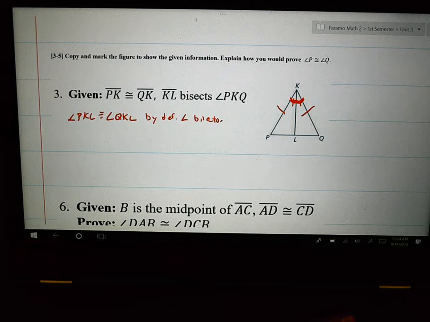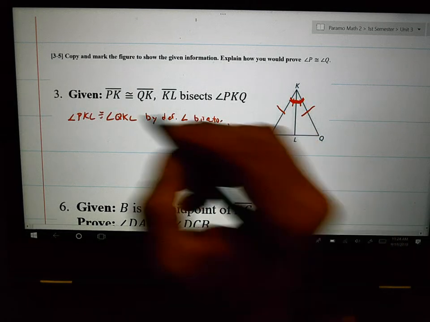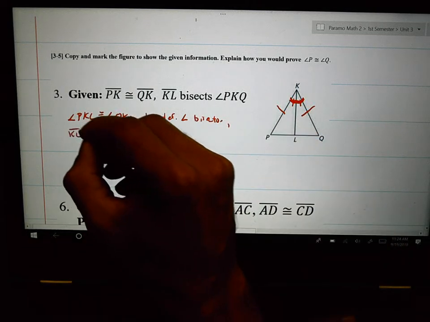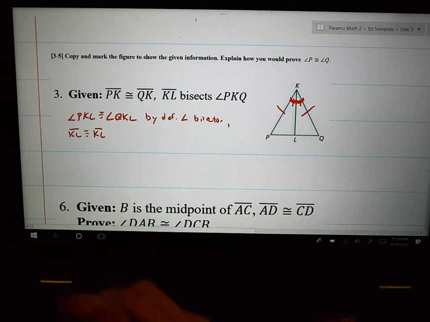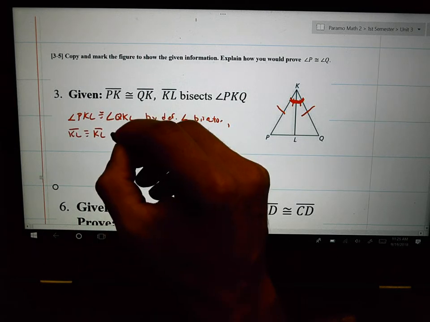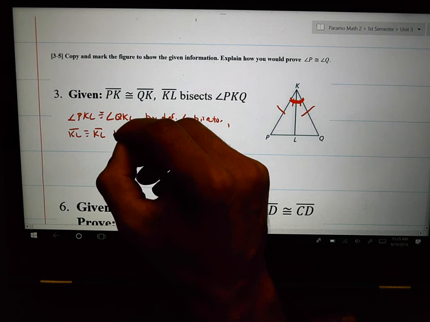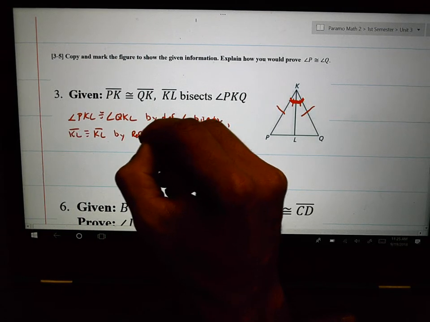Then what I would probably do is I would do KL is congruent to KL by the reflexive property